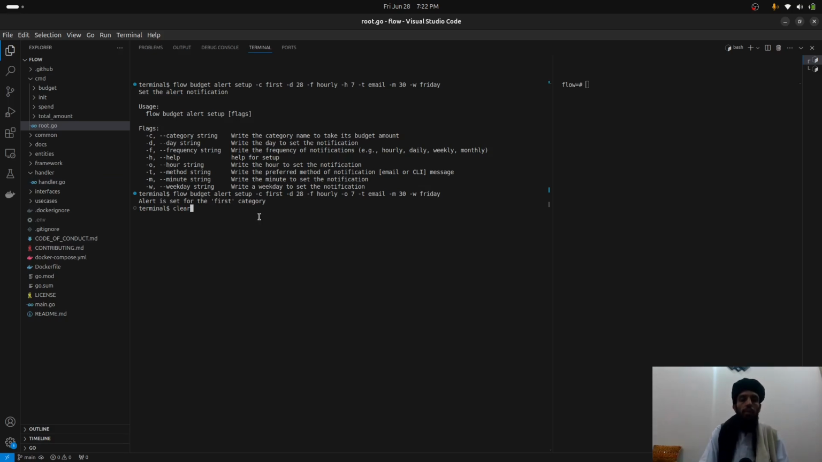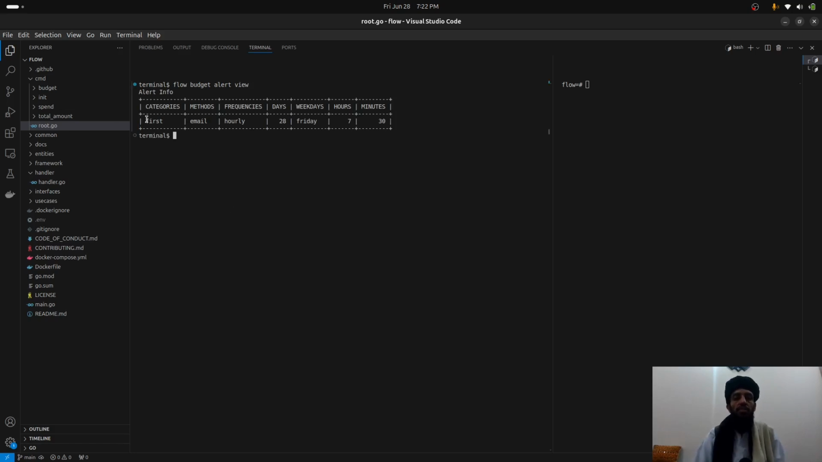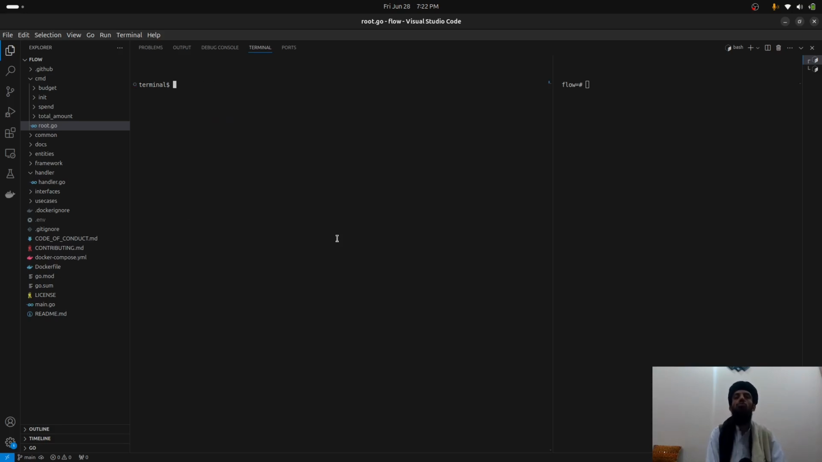So yeah. So if I show you the alert data like flow budget alert view, you will see that this is the first category that is basically sending the alert notification if the budget limit is spent above it. So let's take a look at this. Flow budget view. Now let's take a look at the, what you can say, let's spend it. So the next step, I have set up the total amount, I have set up the budget, I have set up the alert notification method also. Now the next step is to spend the amount. So let's say flow spend,